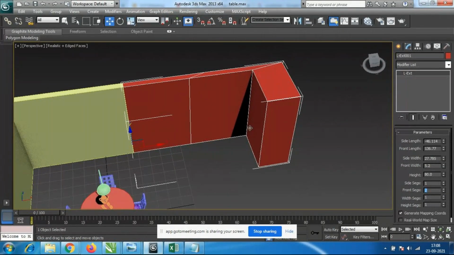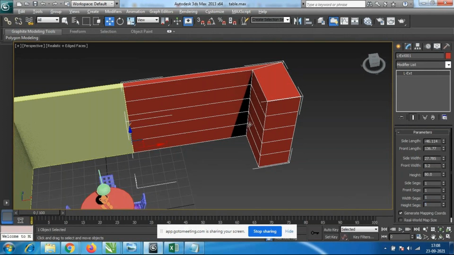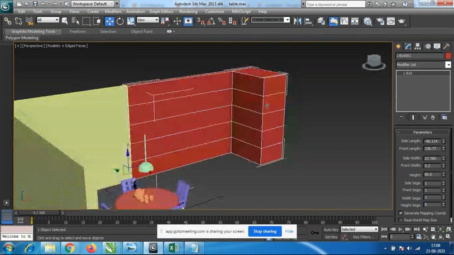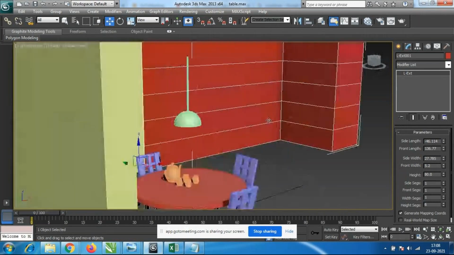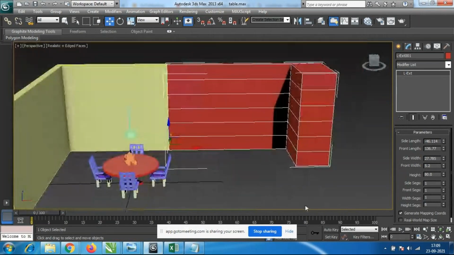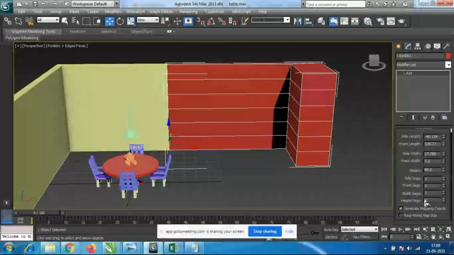So for any of the segments, we have to divide the wall. So we have to make some of the designs and all. So that time we have to use it. So like this, height segments, add 5. See, any of the showcase designs we have to make. So that time we have to take the reference of these lines and make it. So I'll just keep it 0. Keep it 0 in the sense always it will come as 0.